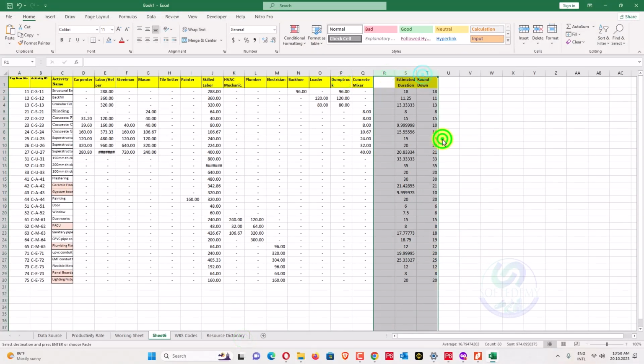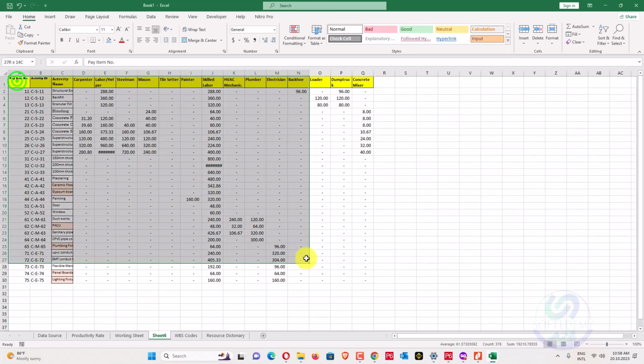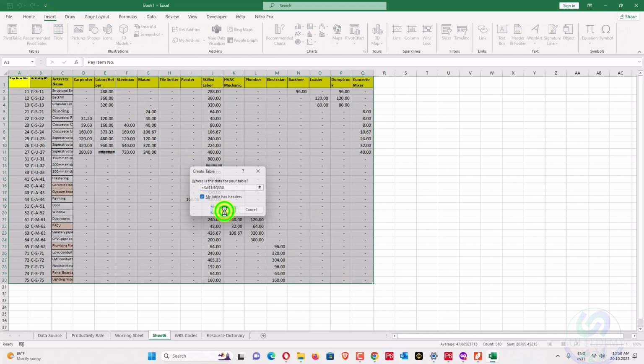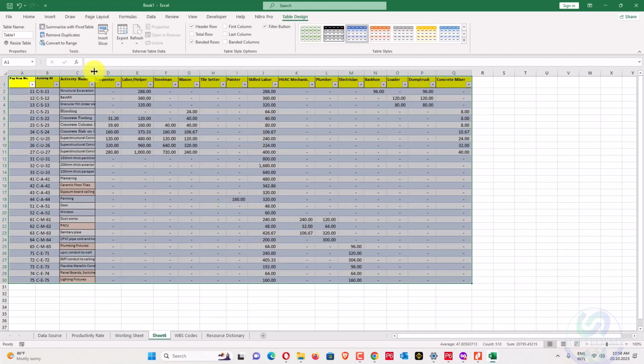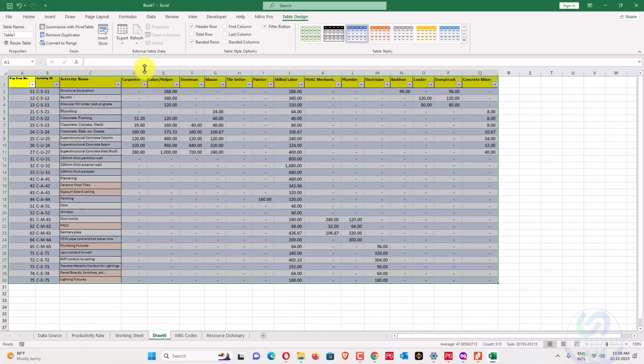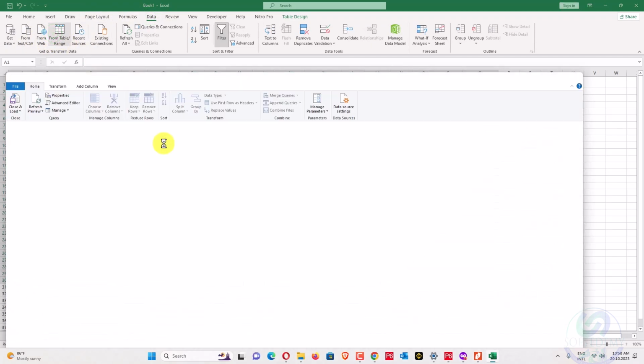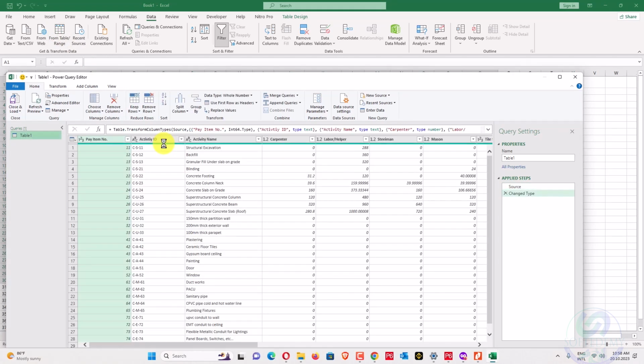That will also be easy, and I can create a table, insert a table for that. And to create the table, Data, from table range, from that we can easily list all my resource IDs.